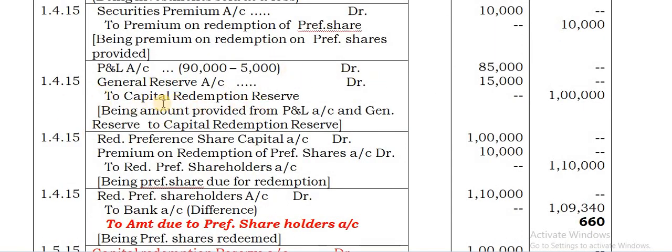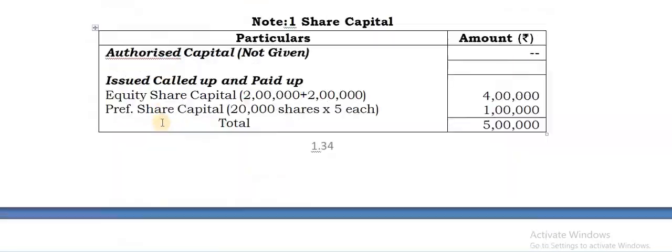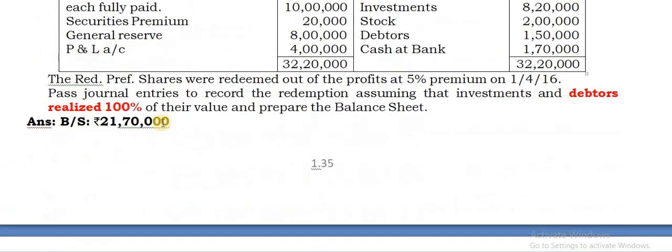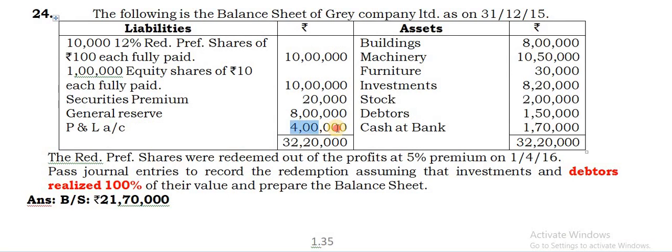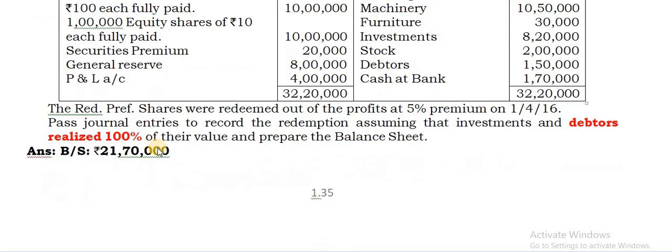When you transfer to the capital redemption reserve, there is the profit and loss account. What you have to do with the profit and loss account is, from this amount, which is 4 lakhs, providing premium will be there, so 30,000 will go there. So the remaining 3,70,000 will be there. This 3,70,000 remaining amount, the entire amount you have to make use from the general reserve. Okay, if you want, I'll give you a working note for it.